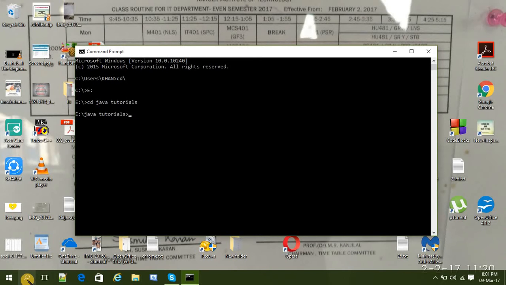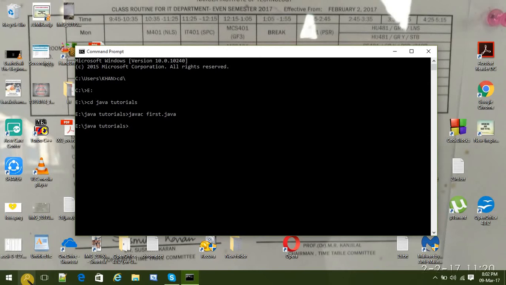So here we are, and to compile this program you have to use the keyword javac. It is for the Java compiler, and then put the file name along with the extension .java, and it is compiled properly.